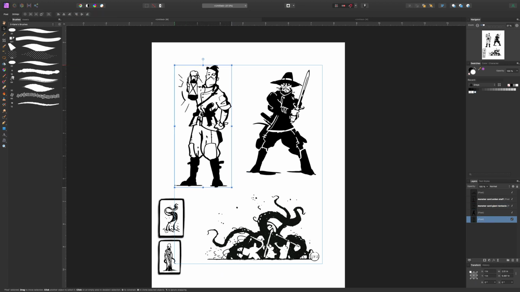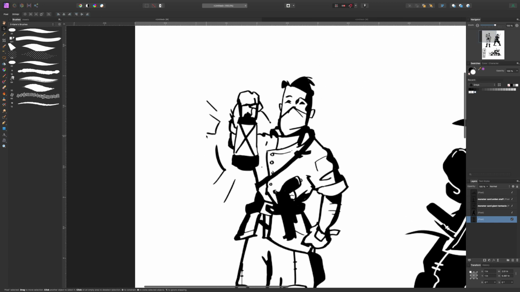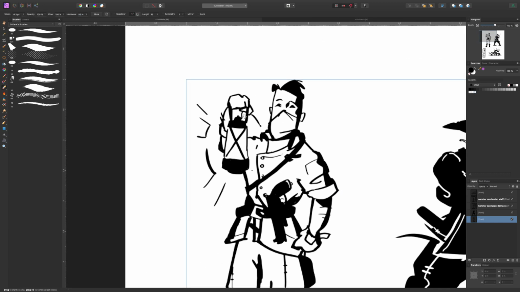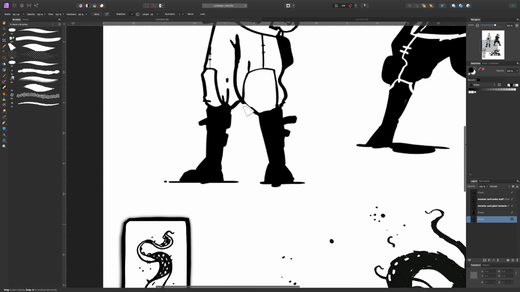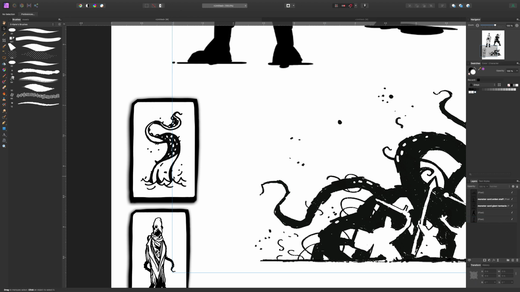And so the first thing that I want to do is I'm just going to get rid of his lantern. So I just get my eraser out and erase out what I don't want. You can also use the selection tool, but I'm just kind of rough chopping it up. Now he doesn't have that arm. And now over here, I'm going to use the lasso. I'm just going to take a selection of this tentacle,